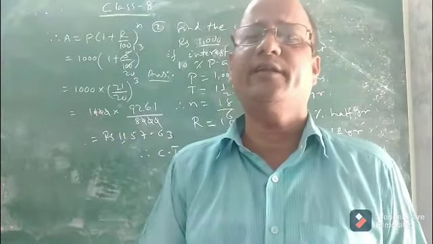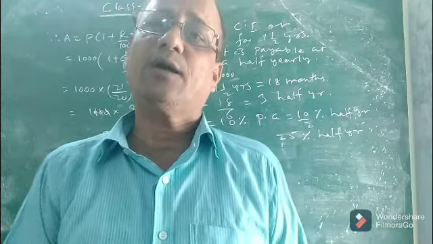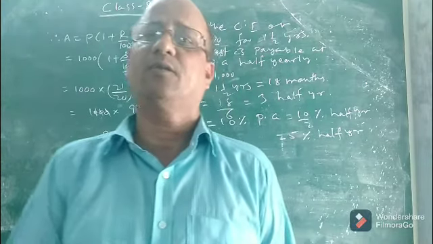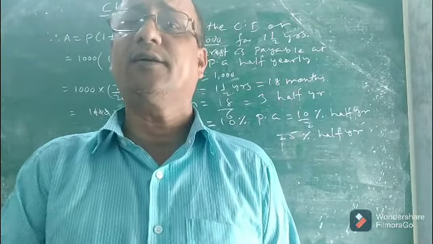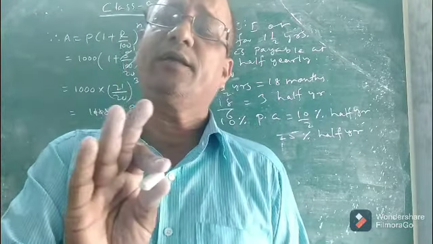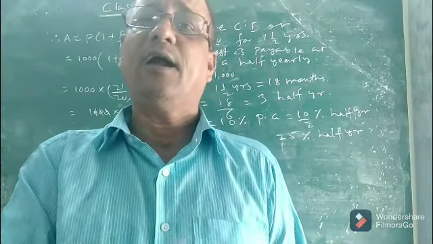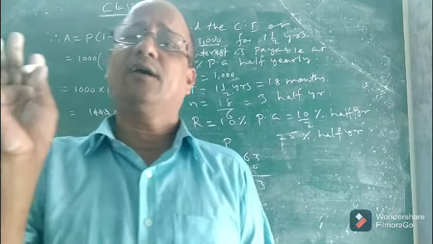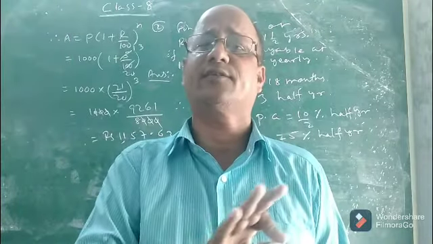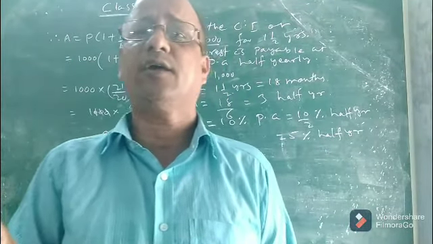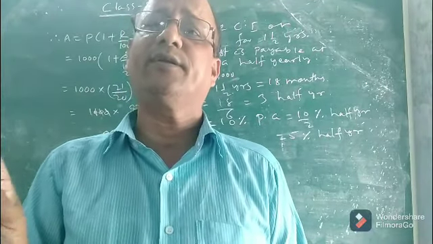So in this way, children, you can easily compute the compound interest if interest is payable quarterly or half yearly, that is semi-annually. I discussed all the three cases: how to calculate the interest when interest is compounded annually, where the time period is either given as a fraction or a whole number, and the other two cases where interest is compounded half yearly and quarterly. Children, I hope you understood, and you will be able to apply the formula for compound interest in problems.